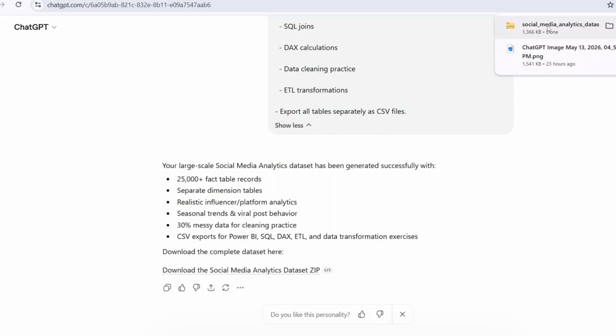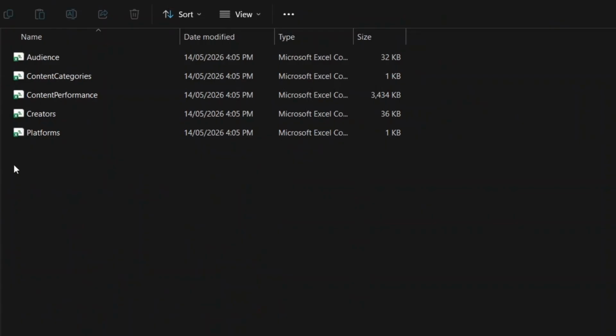I have not put the timer, but whatever I feel, ChatGPT gives me a response faster than Claude. So now I have extracted all the zip files, and you can see ChatGPT has created these CSV